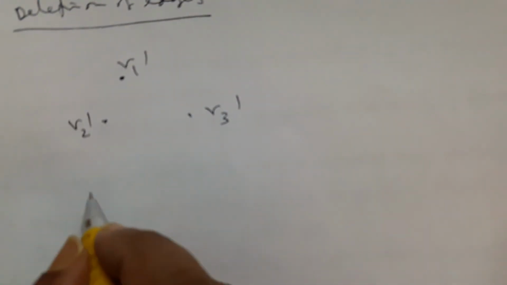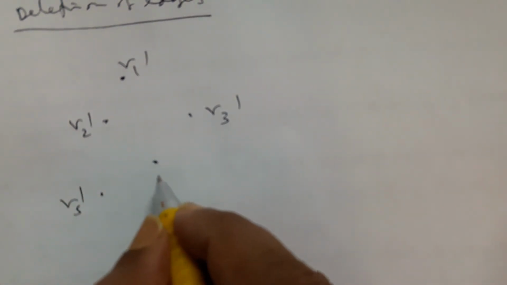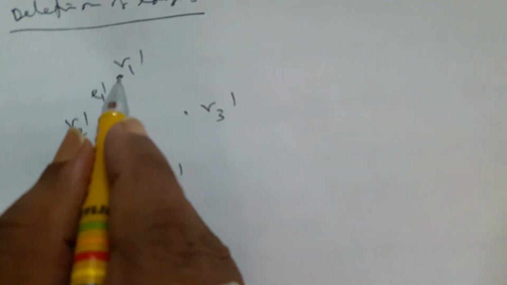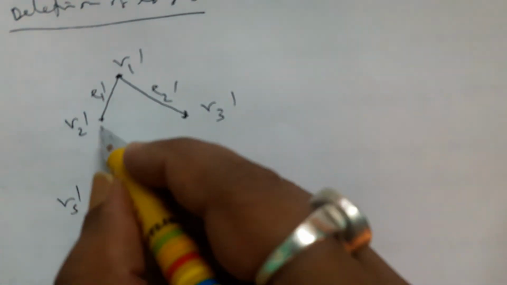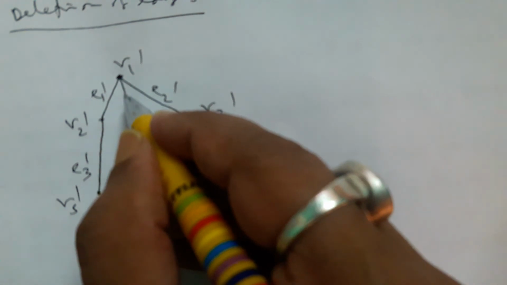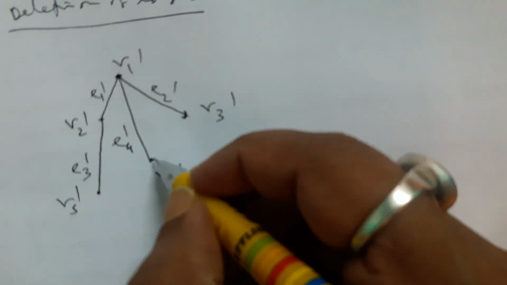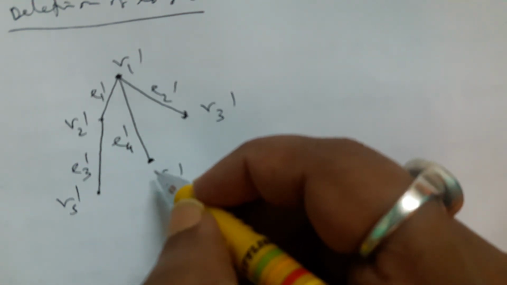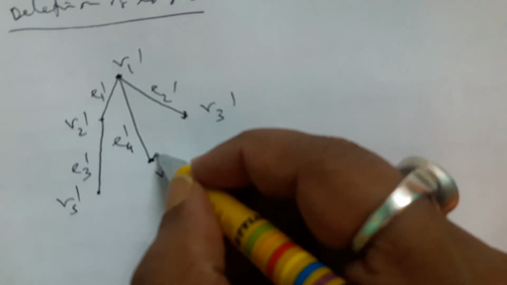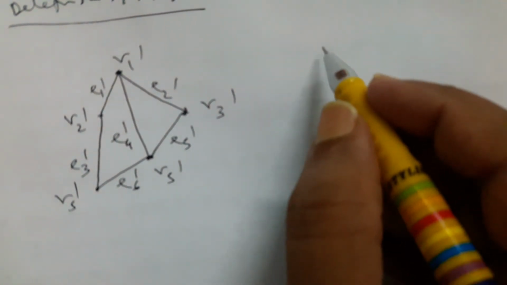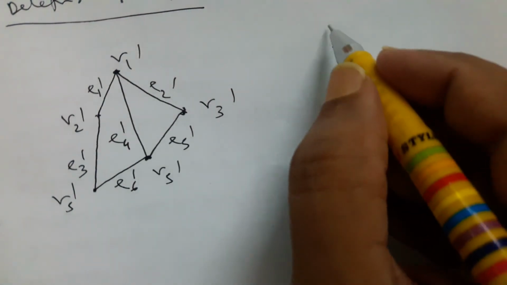If we consider the graph with v1 dash, v2 dash, v3 dash, v4 dash, v5 dash, and we take the edges e1 dash, e2 dash, e3 dash, e4 dash, in this way, e5 dash, e6 dash, and if we delete any edges like e6 dash and e5 dash, finally we obtain v1 dash,